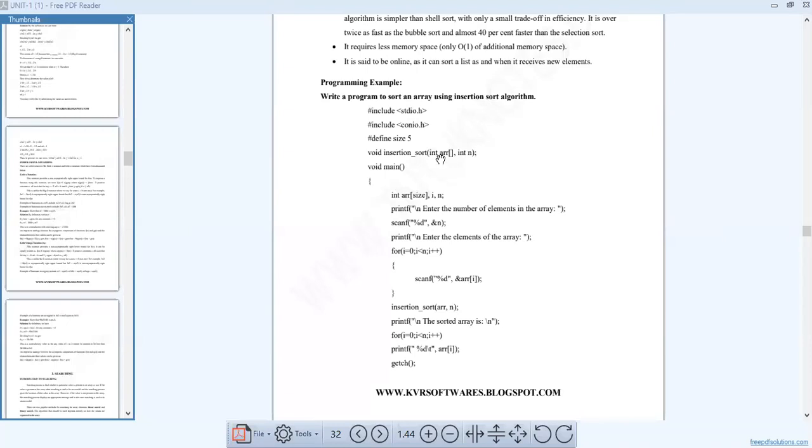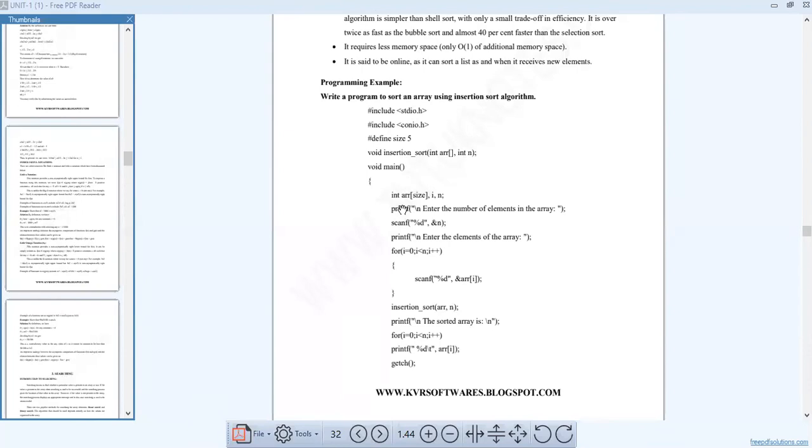Declaration ends with a semicolon; definition does not end with a semicolon. Definition consists of a body, but declaration does not consist of a body. Body means not a human body, the program body you already know.